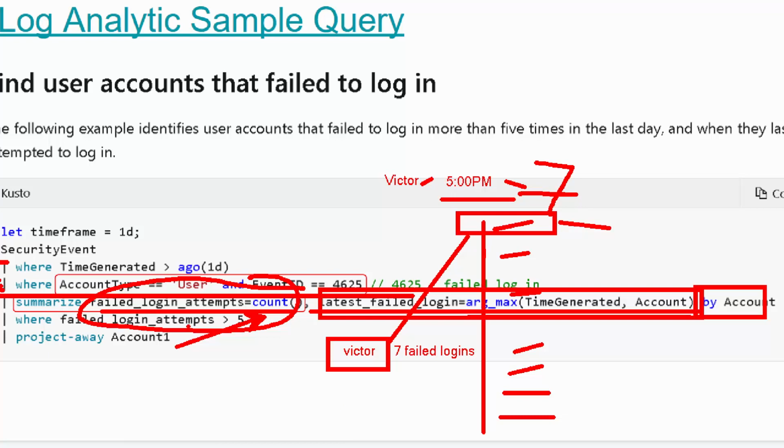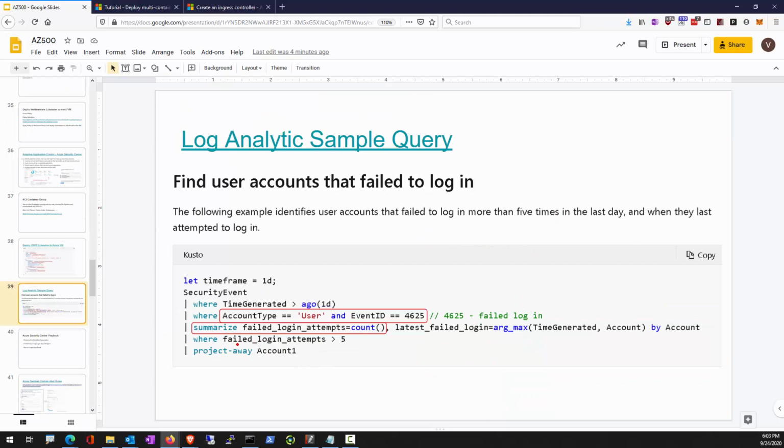All right, so summarize and get the max per account. Now we are only interested in those failed logins that have failed more than 5 times. And we're going to project